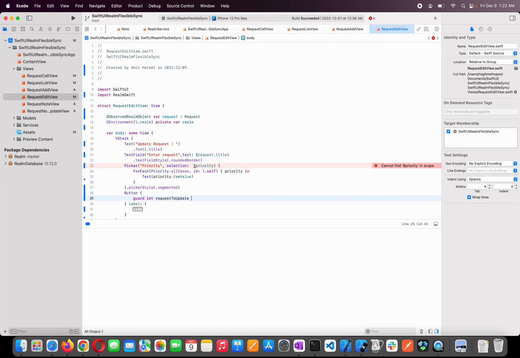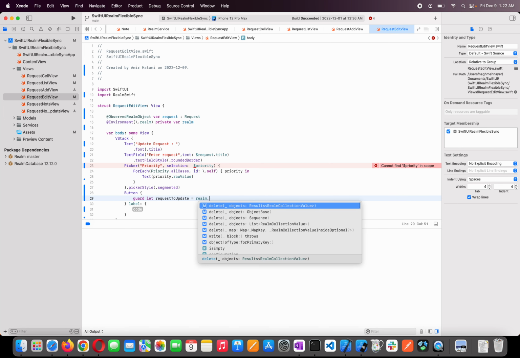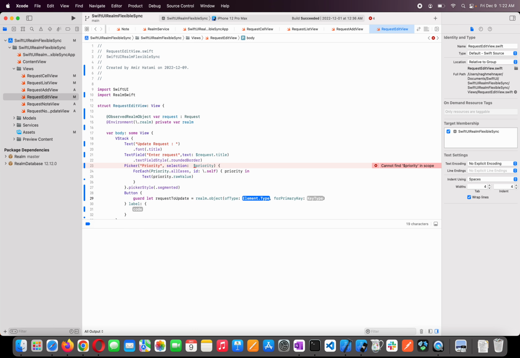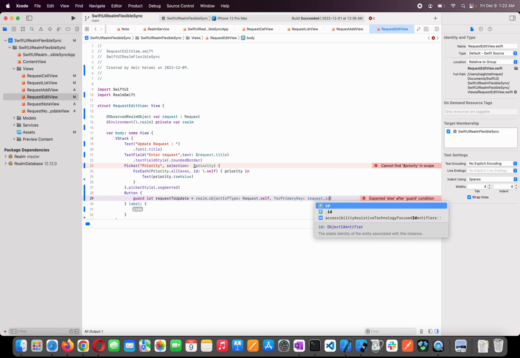So this is going to be our realm dot object from type of Request dot self, and key is going to be request dot ID,